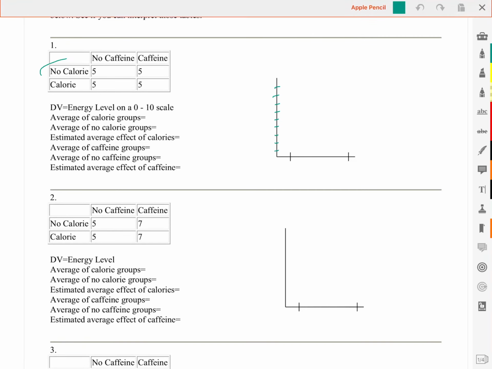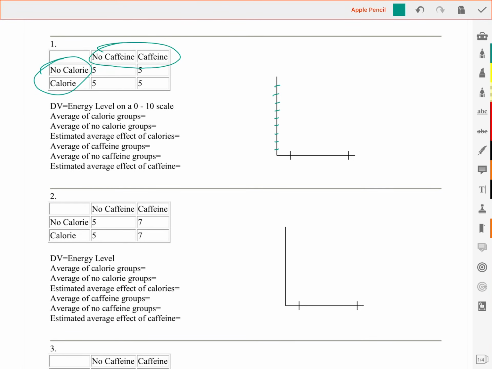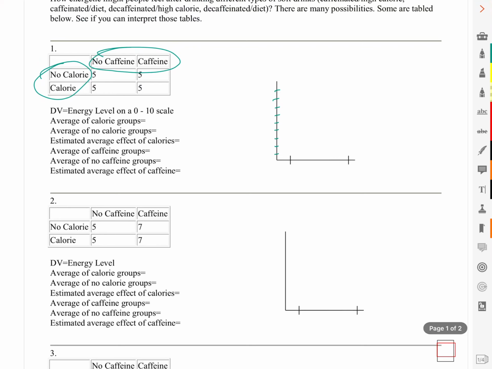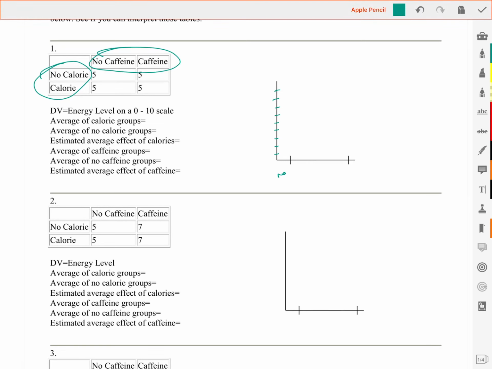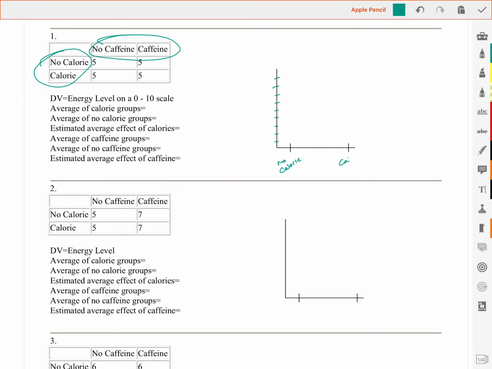We have the no calorie and calorie group, and we have the no caffeine and caffeine groups. Now we're going to have to represent both of these on this chart. So just so we're all graphing things the same, what I want you to do is on every one of your graphs to put the no calorie group on the left